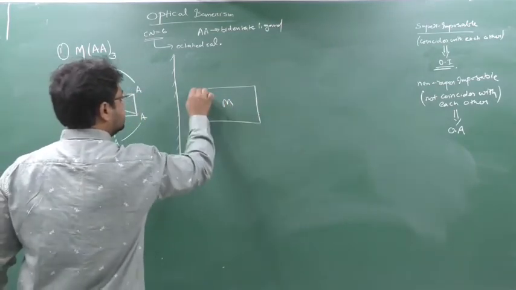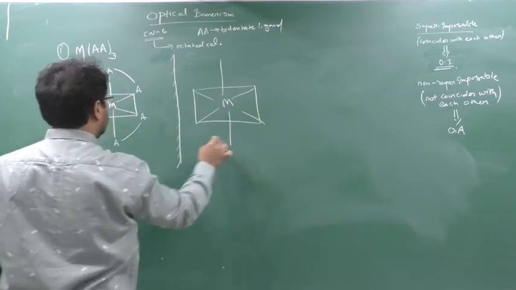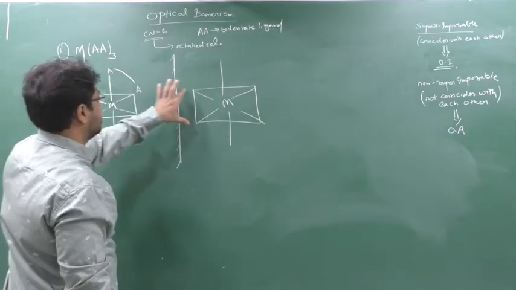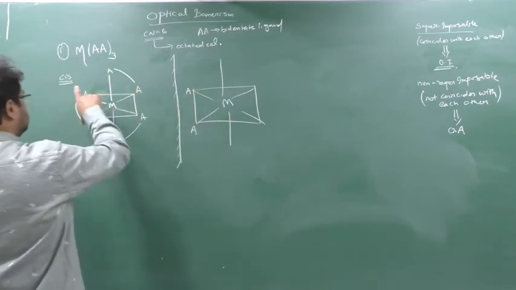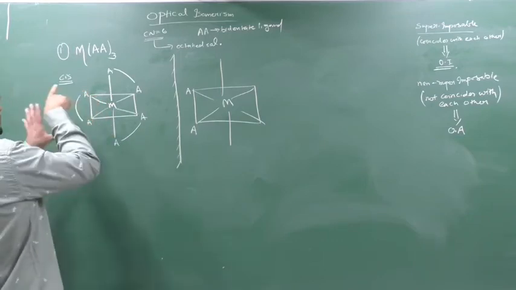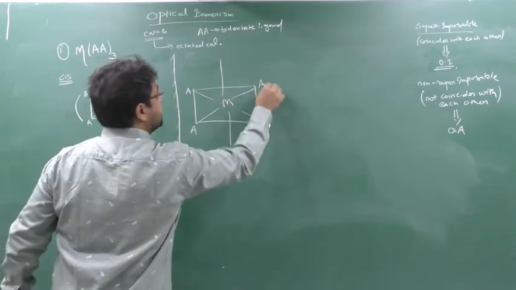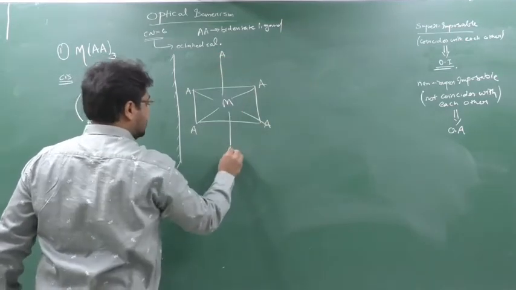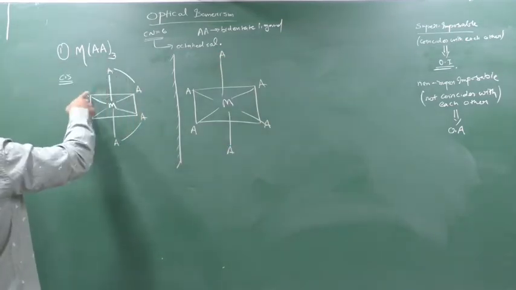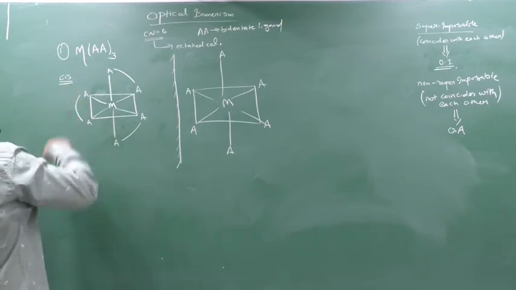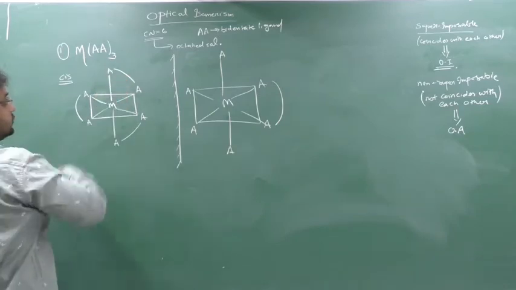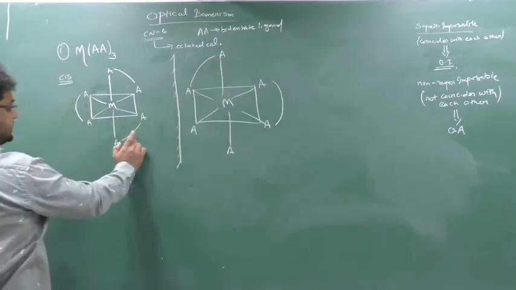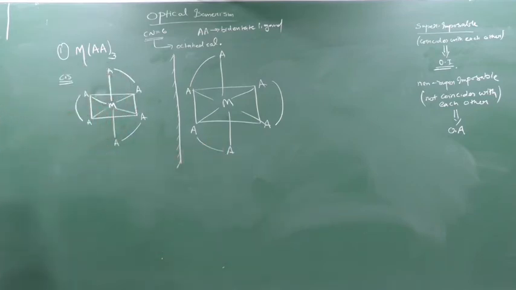See, first the M is there. These two also will come. Now whatever is here in the second portion, here it will come in the first portion. This is on the second part, so it will come on the first part. This is the second part. Here it is on the first part, so here it will come on the second part, top AA. Now see here, the link is in the first part, so here the link will come in the second part. Here the link is in the second part, so here the link will come in the first part. Here the link is in the second part, so here the link will come in the first part. So this is the image of this compound.